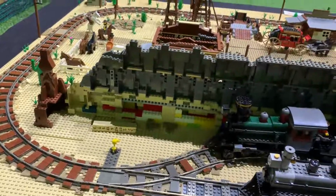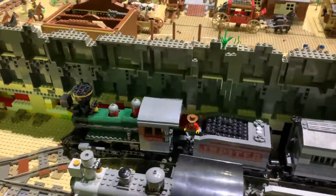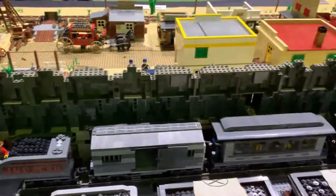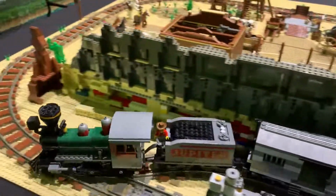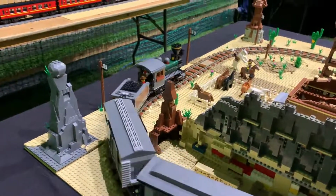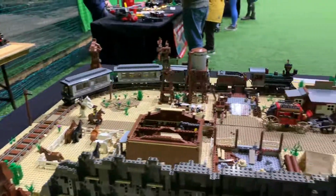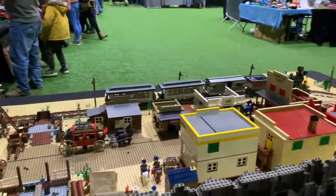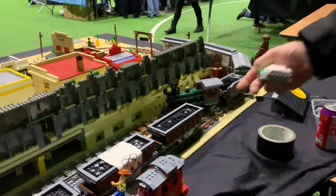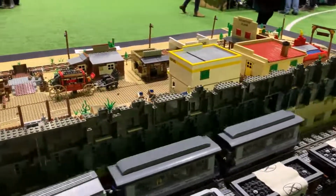Now Jupiter is quite interesting because she's been pushed by a 9-volt motor, but she also contains a Bluetooth Lego motor, so she's double powered because these coaches are quite heavy, being 8 wide. Yeah, so that's a lot of weight to carry. It's a lot of weight, and she can do it on her own, but it's too much strain on the motor, so she's running dual powered. It's cleared that. Yeah, for the purpose of today,